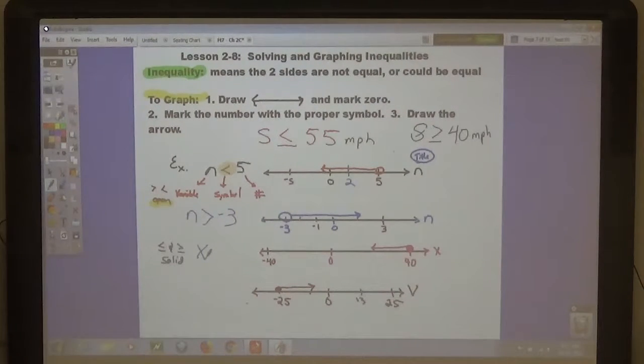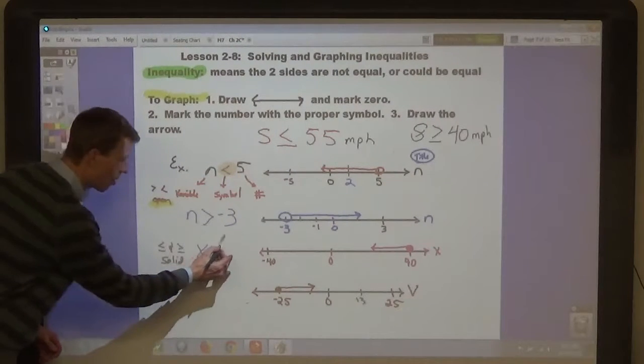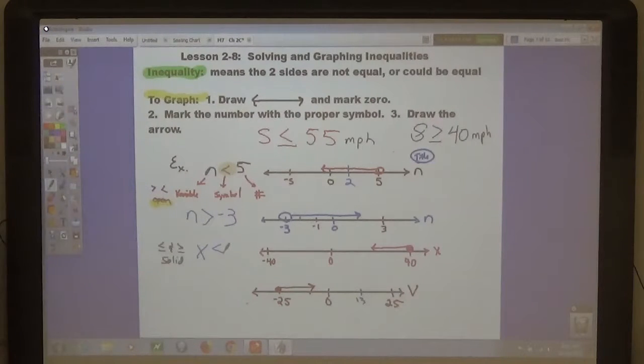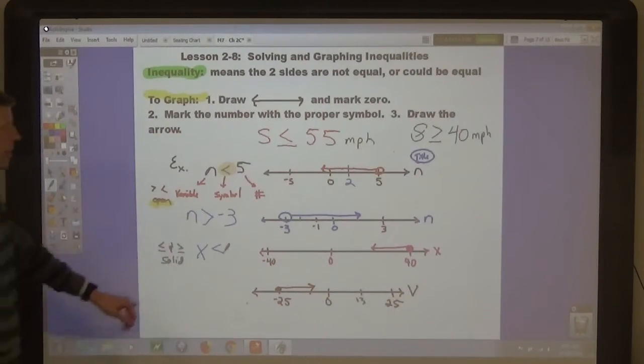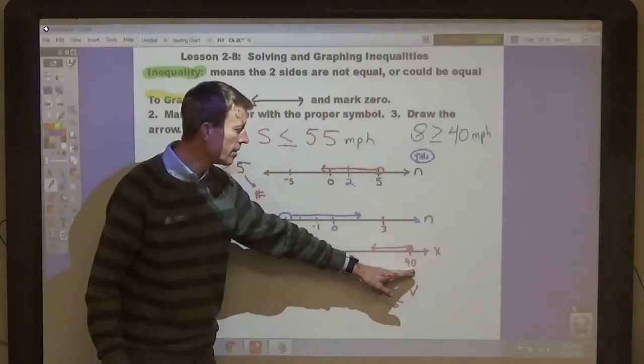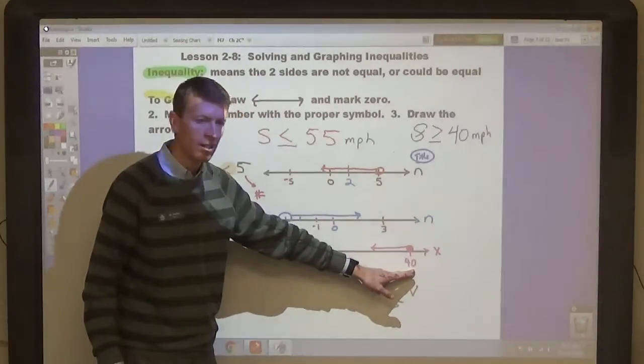What symbol should we use? Less than or greater than? Less than. What type of dot is shown? Yeah, we call that a closed or a solid dot. And what it actually means is that the number listed is